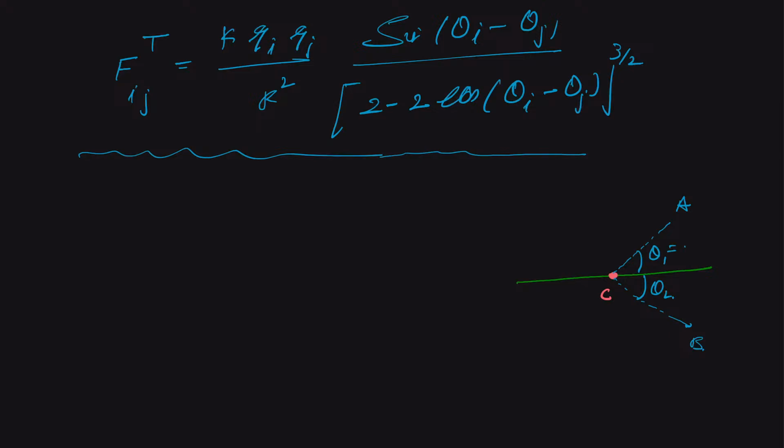And so this we call plus alpha, and this will obviously be our minus alpha. Okay. And they are all placed on the circle. And this circle has a radius of r. And we assume that we have a third charge, and the third charge, suppose, is our capital Q, and it